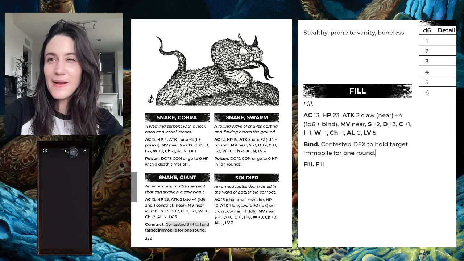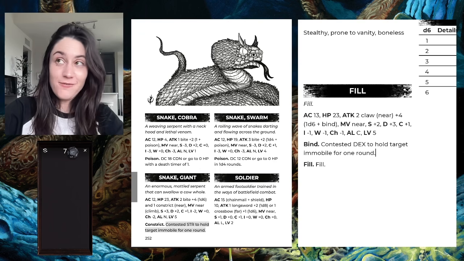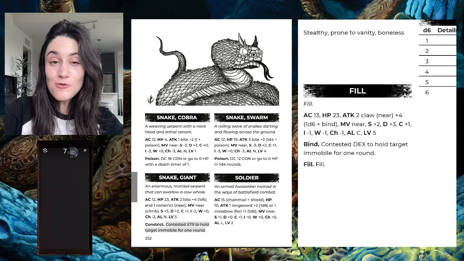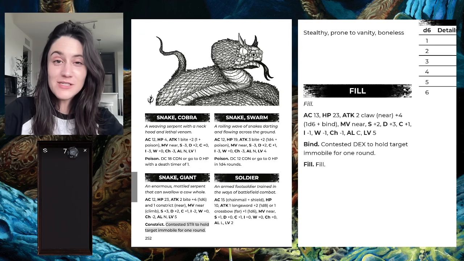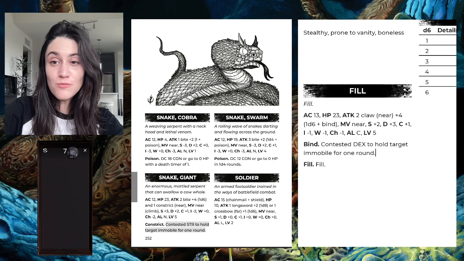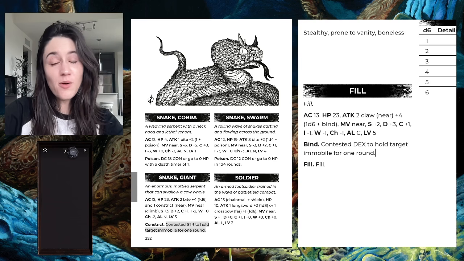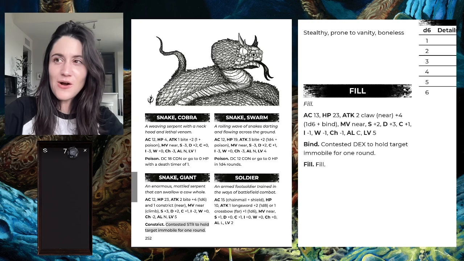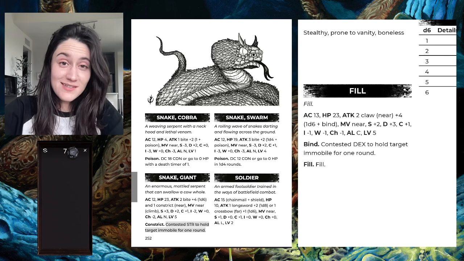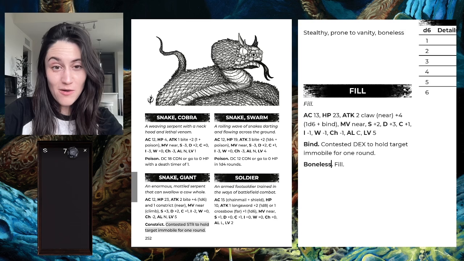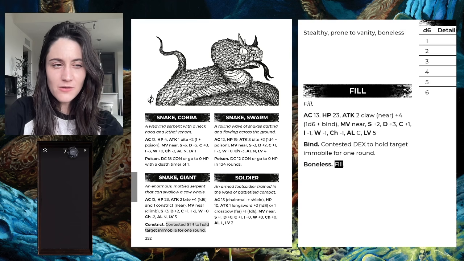Now we've got to talk about the other elements that we rolled up, like the fact that it's stealthy. I think it would be really cool if this monster could use its bonelessness to silently creep up on players and to move through spaces that a monster normally wouldn't be able to move through, which makes it harder to escape from or to notice. So I'm giving it an ability here called Boneless. I think first of all, being boneless and making really very little sound when it moves, it has advantage on dex checks to move